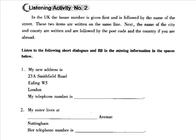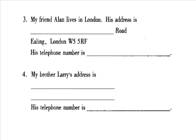1. My new address is 23A Smithfield Road, Ealing W5, London. My telephone number is 71-840-2146. 2. My sister lives at 27 Greenford Avenue, Nottingham. Her telephone number is 602-579-5942. 3. My friend Alan lives in London. His address is 25 St Mary's Road, Ealing, London, W5 5RF. His telephone number is